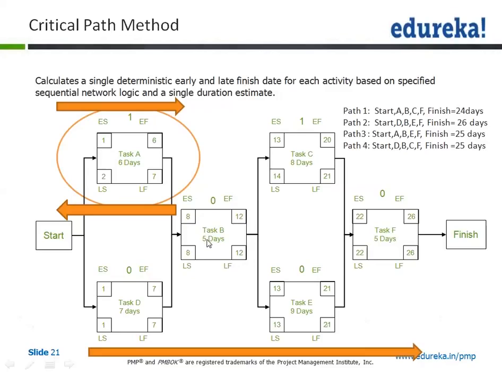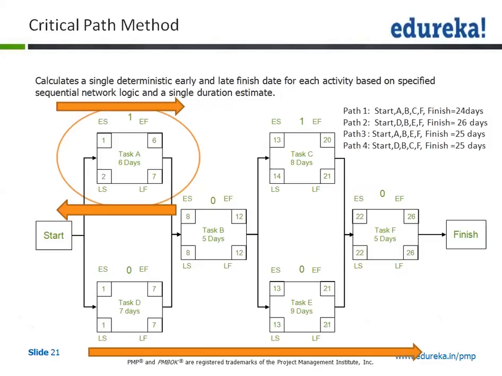In B, we know this activity is going to take 5 days. So what we have done is we have done the calculation here that this activity starts on day 8. And if you try to do a calculation manually, 8, 9, 10, 11, and 12. So on the fifth day, this activity is completing, which is the early start and the early finish of this activity. That means this cannot start before the 12th.